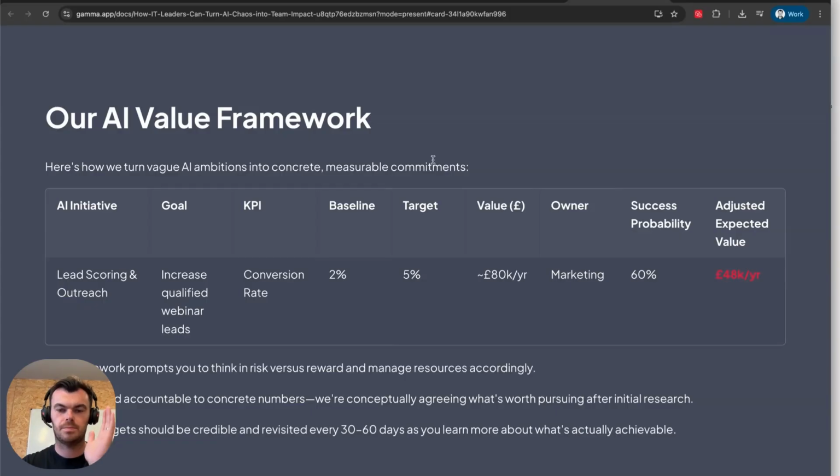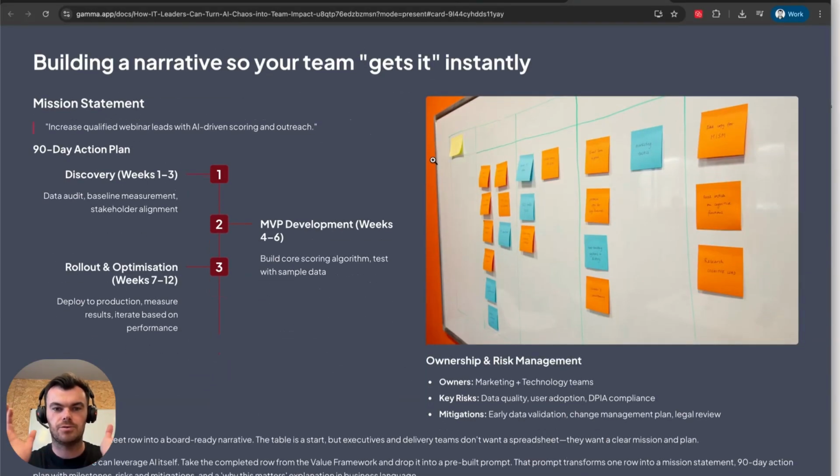Okay, so now we've looked at the AI framework, here's what we are doing to turn it into something we can actually work with. We have a prompt that does this automatically. It's quite simple, but essentially what we're looking for is how do we now start to unpick what that goal might look like out in the kind of solution zone. And so we've got the mission statement and 90-day action plan, which AI generates itself. These are usually the spike originators where you can refine that and dive into them more. We're looking for little avenues to explore when we put this strategy together.